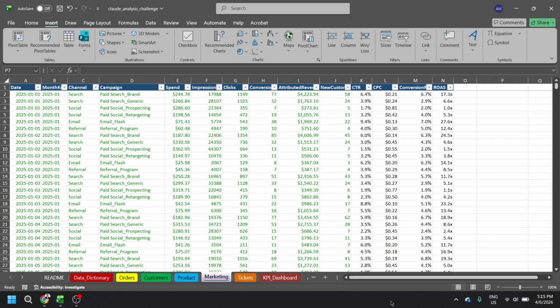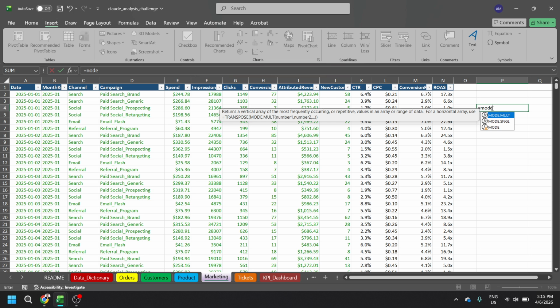Start by clicking the cell where you want the result to appear. Picking an empty cell near your data helps keep things tidy and makes it easy to read later. Now type the formula. You'll enter equals, then MODE.SNGL, followed by an open parenthesis. It looks like this when typed: =MODE.SNGL(